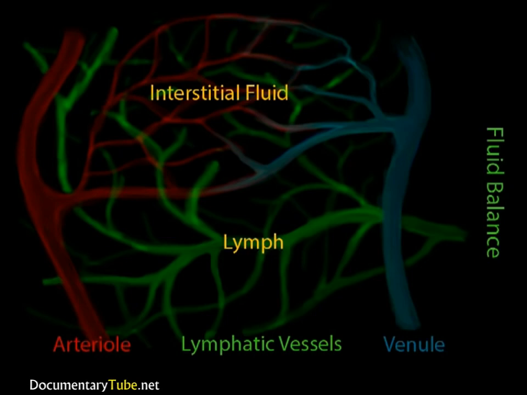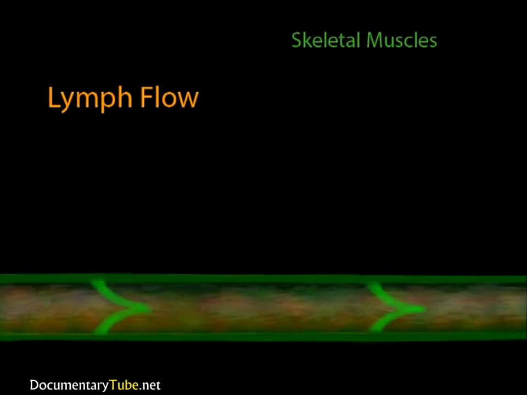There is no heart for this system of vessels to pump the lymph around. So how does the lymph get to the locations it needs to be delivered to? The lymph moves through your body when you move your skeletal muscles. The contraction of skeletal muscles squeezes the nearby lymph vessels, pumping